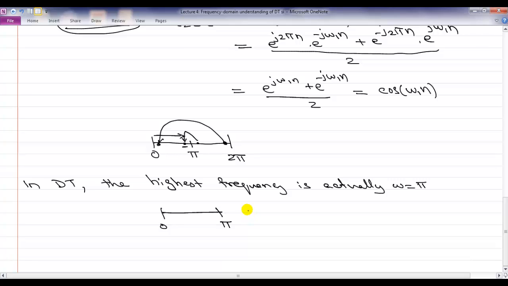If you try to increase the frequency any higher, the signal looks as if, so that if I took it near 2 pi as I showed here, the signal looks as if it was close to 0. So that is the fundamental difference from the continuous time world. You can talk about high frequencies, but the signal is not going to start changing any faster. Okay? So the fundamental frequencies are 0 to pi, and the terminology that is made is that all frequencies